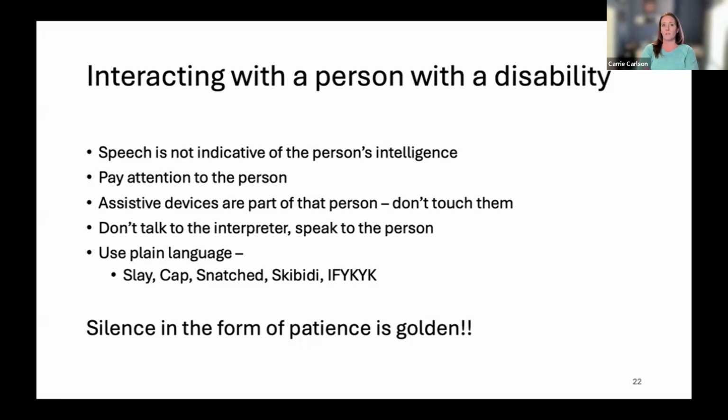And something that I've learned that I'm shocked I forgot to put in there: if you have an interpreter, and if the person would like, it is really good practice to give that person time to interact with that interpreter before, say, a meeting or a webinar, so that they can get a rapport before that person starts interpreting for them or providing ASL.